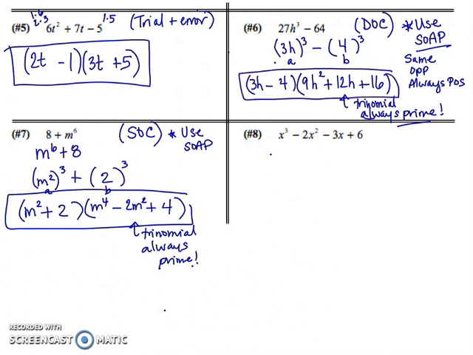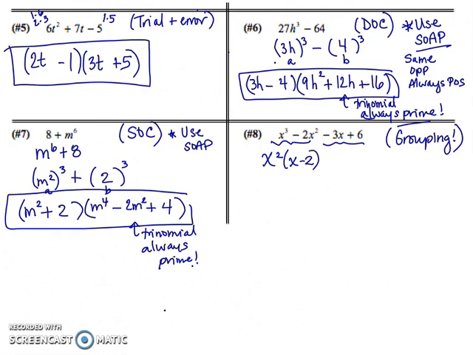All right, number 8, we've got 4 terms. Hopefully you remember 4 terms should always jump out at you. I should check for grouping. So do the first 2 have something in common, and do the second 2 have something in common? Indeed they do. I can factor an x squared out of the first 2, and then I'm going to have